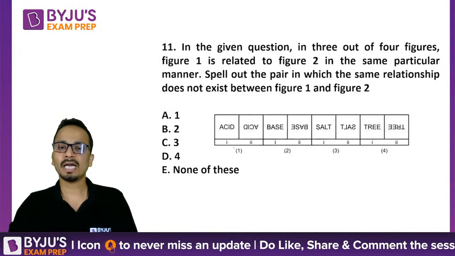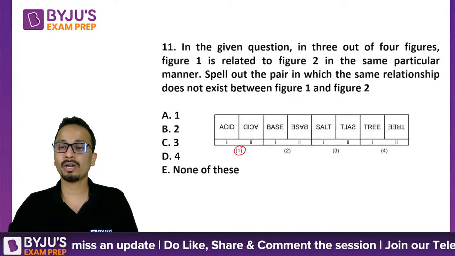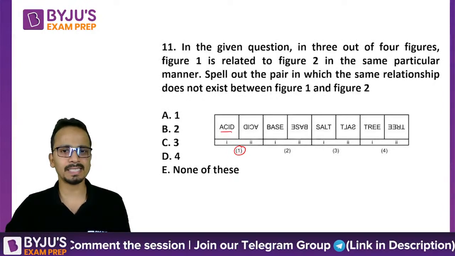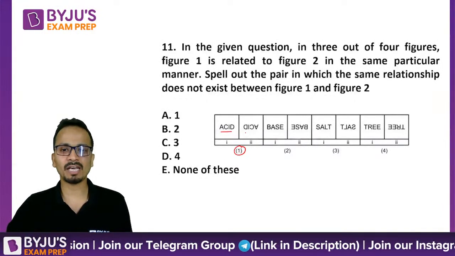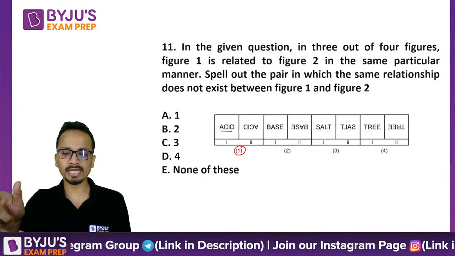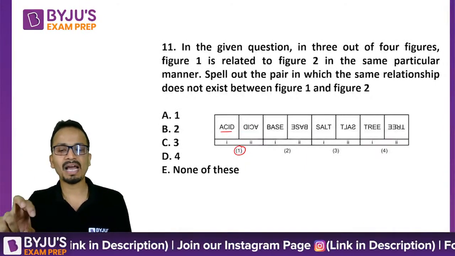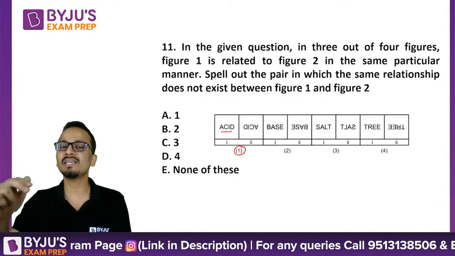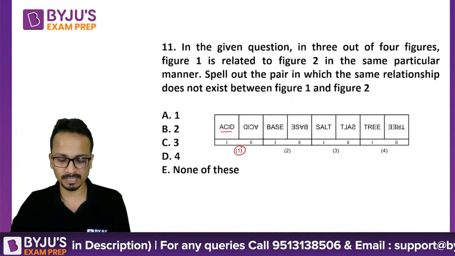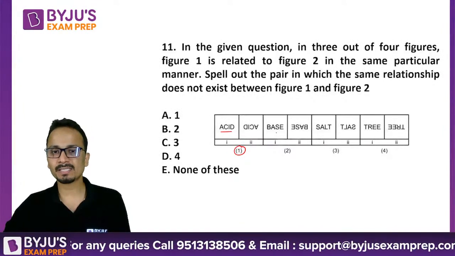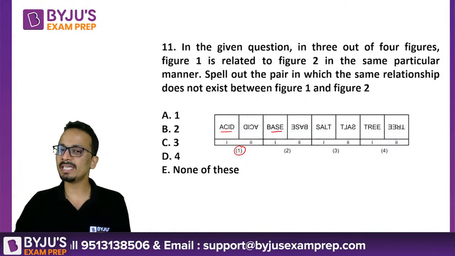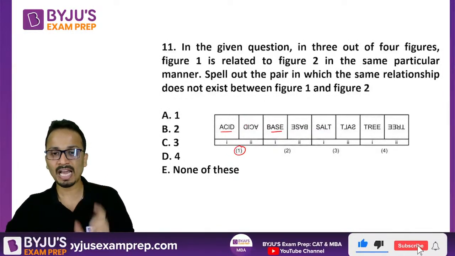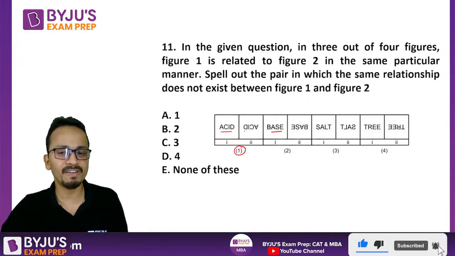Okay. Now in pair 1, acid is written like this, and what they have done is they have just rotated acid by 180 degrees. So acid को completely rotate कर दिया है. So नीचे से read करें या ऊपर से read करें, it is the same. Base, again it is rotated by 180 degrees. So rotate किया है, reflect नहीं किया, ये ध्यान रखना. So we have rotated it, not reflected.